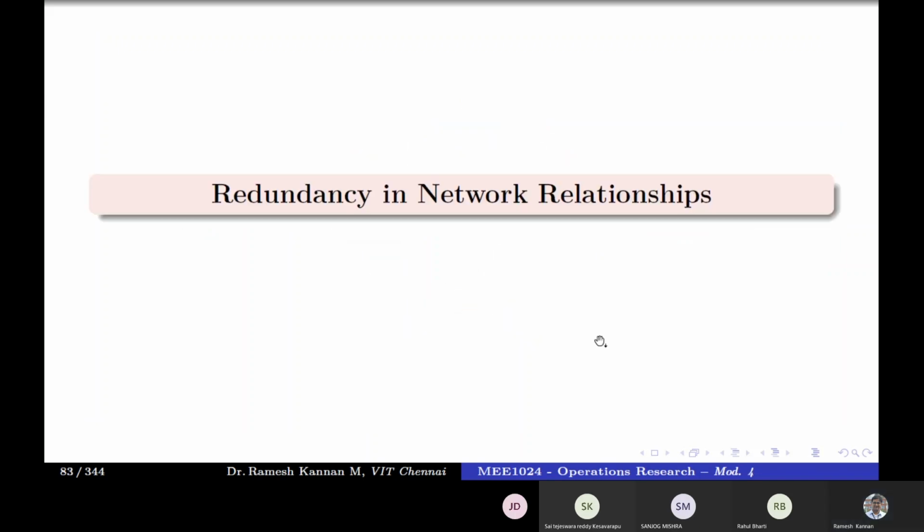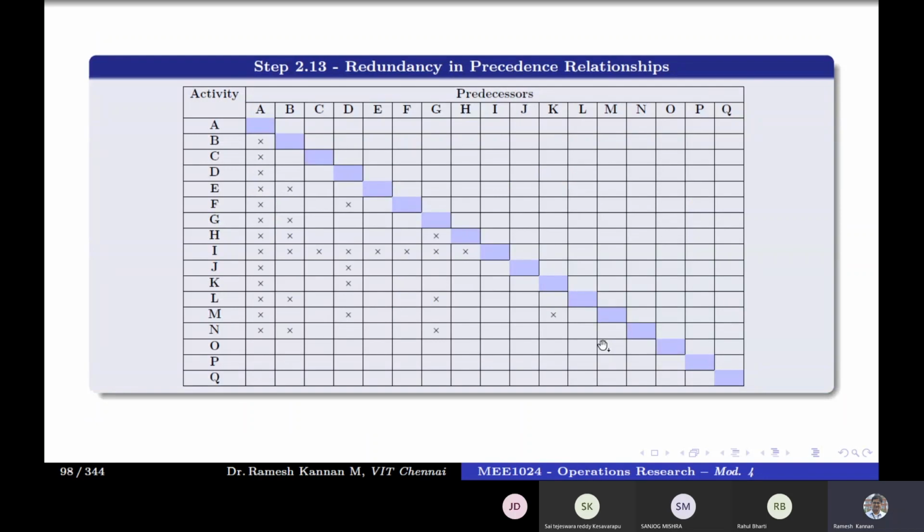So this is how you remove the redundancy. Once you remove that, go to the previous row, since this entire row is over. What is the lower right hand corner? It is this activity K. Now we will find the predecessor of activity K. The predecessor of activity K is P, A, and D. So you circle A and D, and that is complete. Then we go to the previous row, right hand corner.